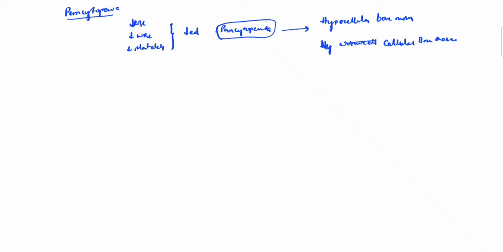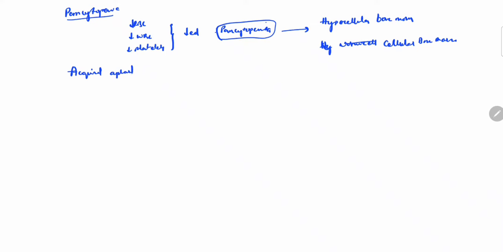So there is a large list of hypocellular bone marrow pancytopenia and cellular bone marrow pancytopenia. So what are the causes of hypocellular bone marrow pancytopenia? So it is acquired